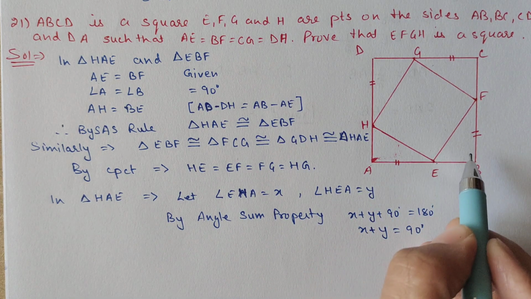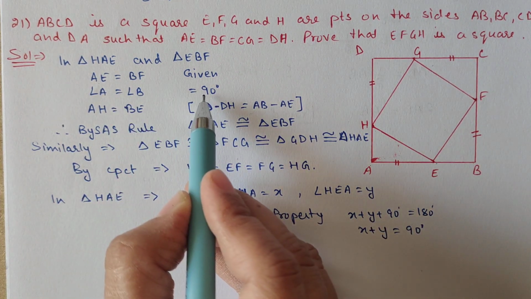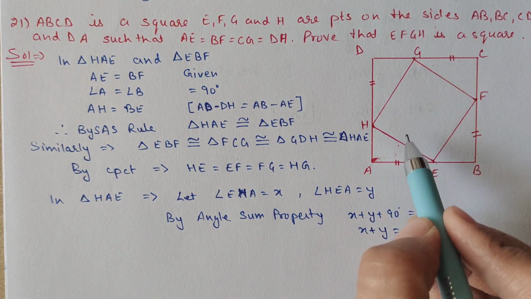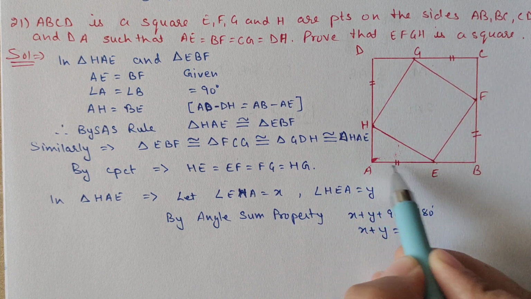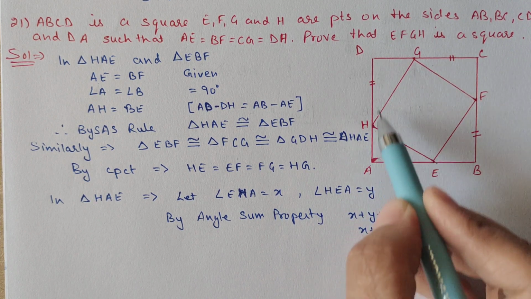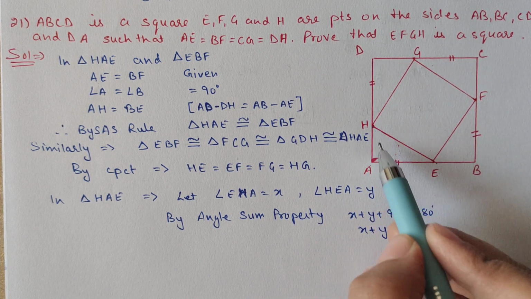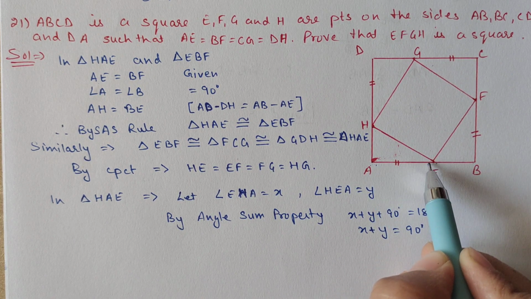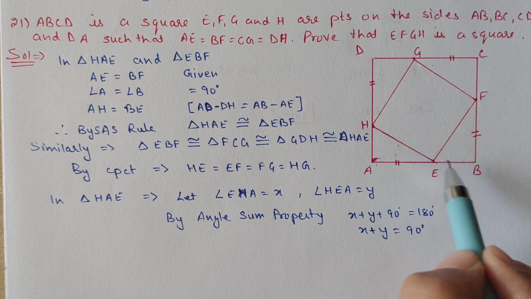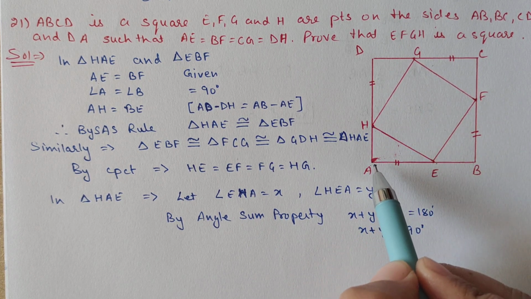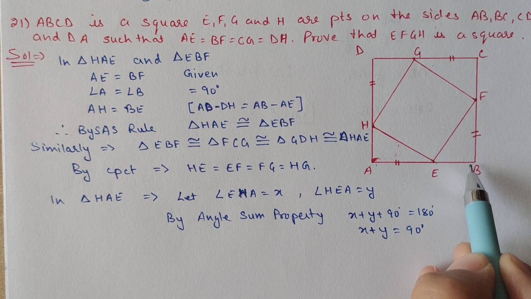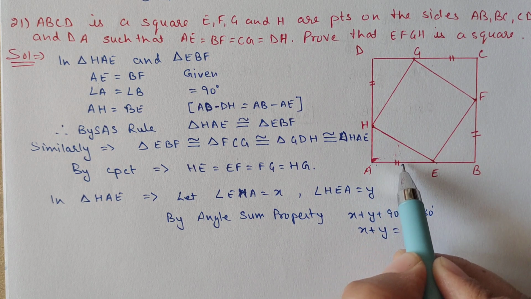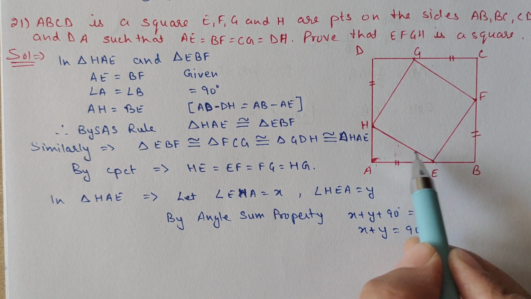Second, angle A and angle B are equal. Both are equal to 90 degree. And because this is a square, all the four sides are equal. And from the equal sides, if we subtract the equal portion, here from this side we have subtracted this one and we got HA. From here, from AB we have subtracted AE. This is also equal. So we will get the equal remaining. So we can say here H to A is equal to B to E. So this third side also will be equal. So by side angle side rule, these two triangles are congruent to each other.